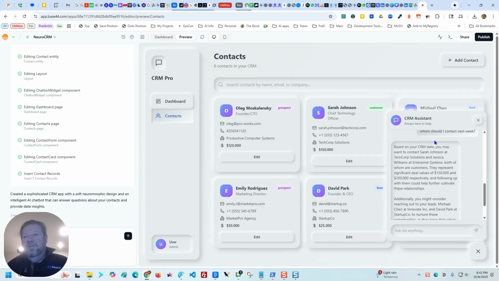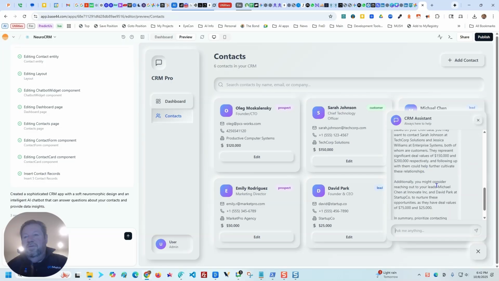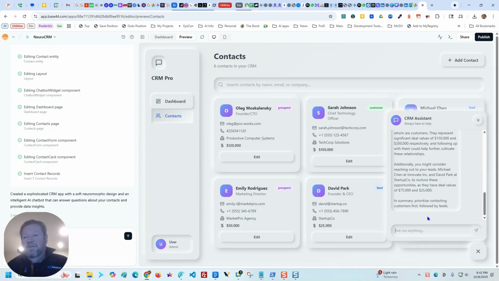Okay, so it says based on CRM, you may contact Sarah and then contact Jessica, follow up, cultivate this relationship. Additionally, you might consider reaching out to Michael Chen and David Park to nurture these opportunities. So they have, what is this? In summary, priorities. Okay, so it's very minimalistic, which is what I kind of asked it to do, meaning that